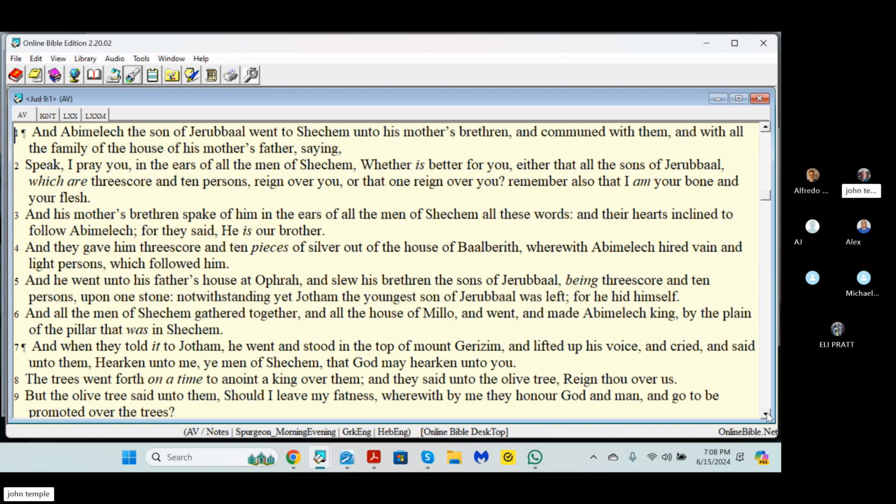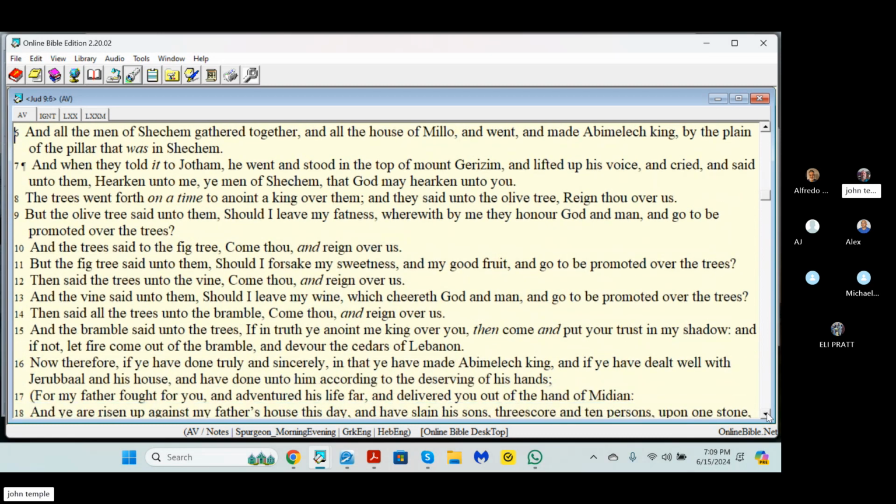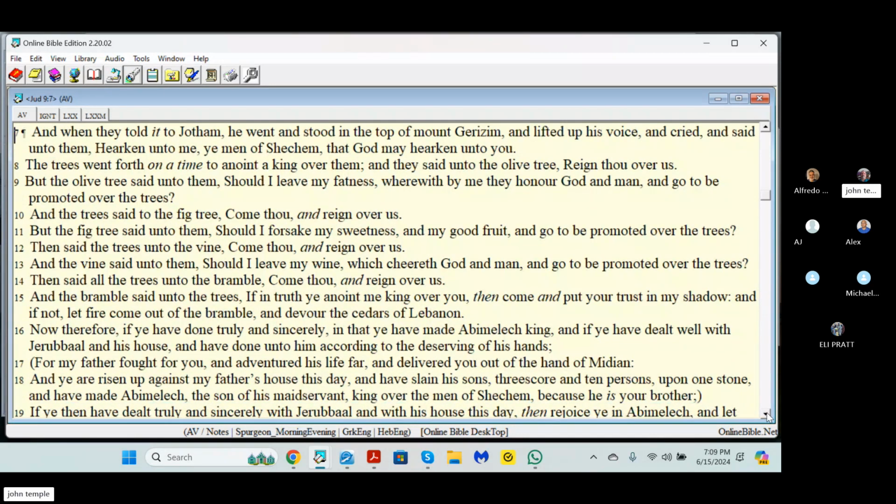And he went into his father's house in Ophrah and slew his brethren, the sons of Jerubbaal, being 70. So these are his relatives. Upon one stone, notwithstanding yet Jotham, the youngest son of Jerubbaal, was left, for he was hiding. And all the men of Shechem gathered together, and all the house of Milo, and went and made Abimelech king by the plain of the pillar that was in Shechem. Where it starts here, he said, and when they told it to Jotham, he went and stood in the top